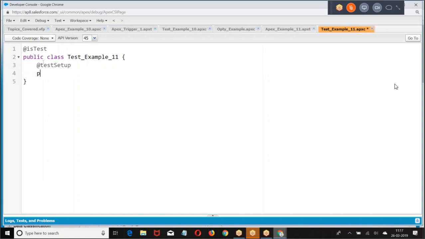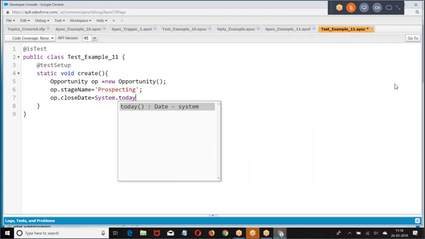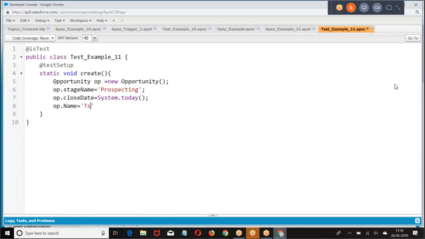Test setup. Opportunity. Insert. There is a dummy data that I created.